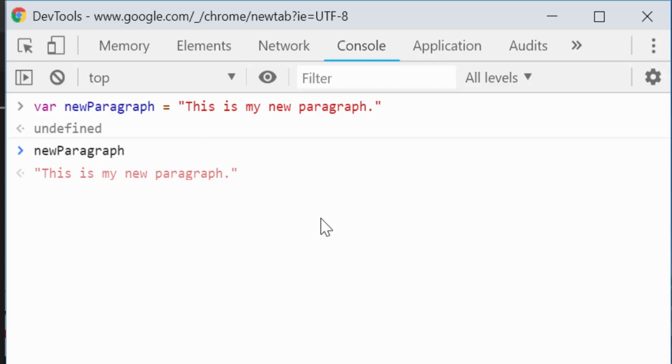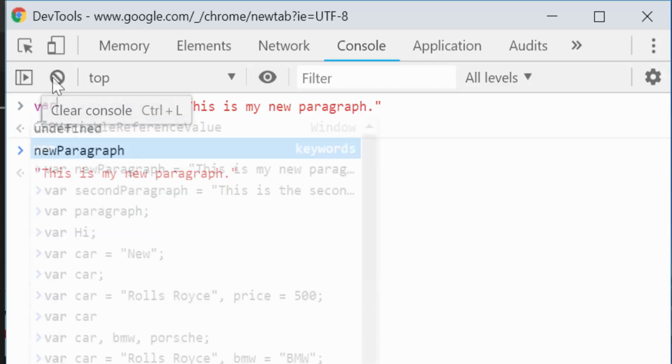So now I can do this. Right now we've declared and initialized, so at the same time we initialize the variable. Let's try something else. Var